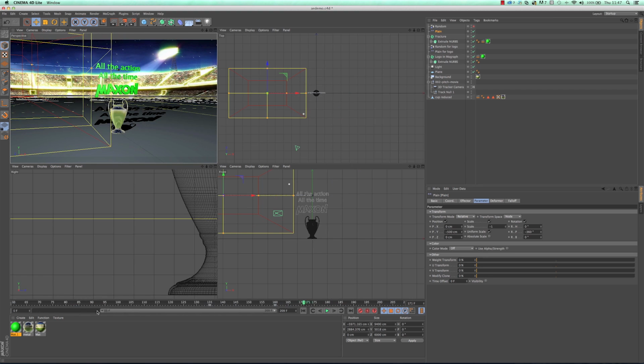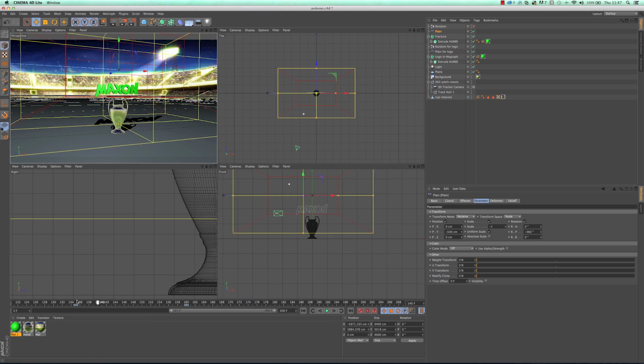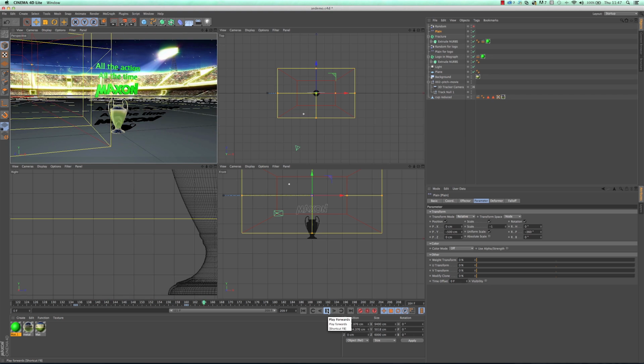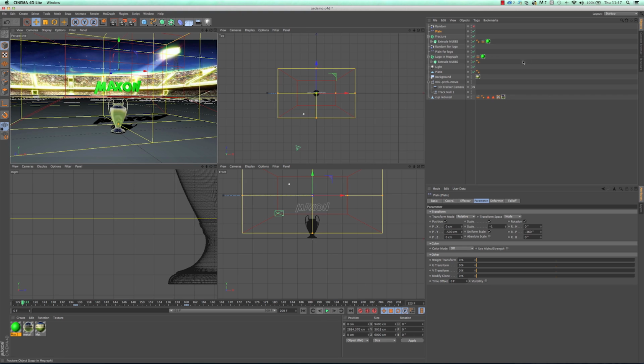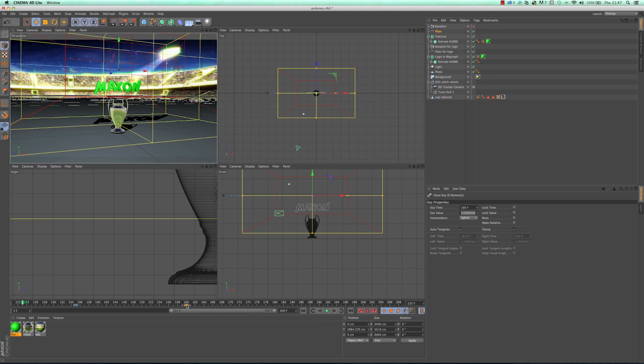And if we focus on just that bit of the timeline, let's have a little look. Let's scrub it and play. Getting quite a nice effect there, and it was very quick to do. You could also mess around with the settings of this box if you wanted, where the position is, and change that as well. You can go into the timeline or move these keys about. So we should have, I think, that key there. We could drag that one across, and that'll just change the timing slightly.